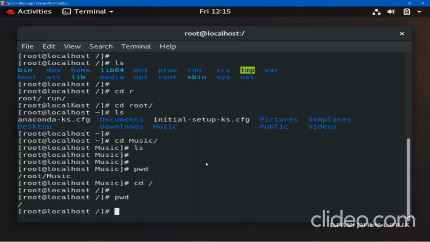Something else? No. Okay, so what we can do, this video may go long, so I will make a second part of it: how to create files and directories, and how to move inside them. In the next video we will see how to create files and folders, how to move around, how to delete, how to remove, etcetera. Okay, so that's all for this video.